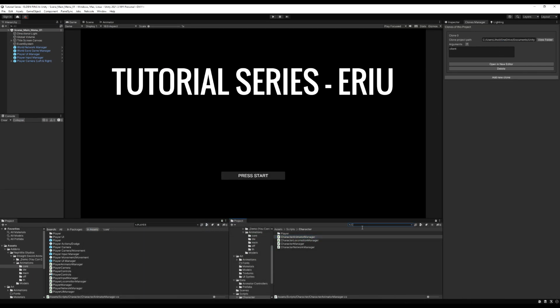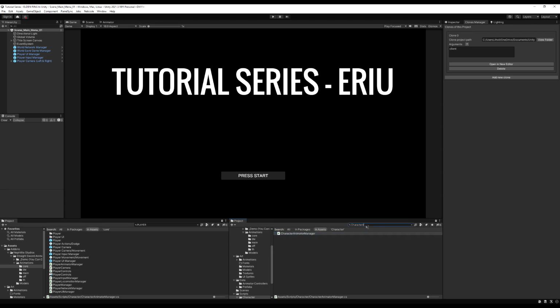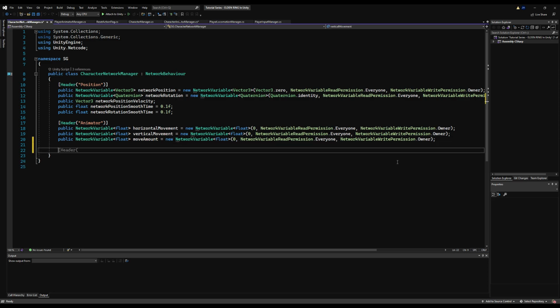Now every game object has a client ID if it's a player object, and all of your client IDs are unique to your client that is connected. Since the server is also a client himself, he also has his own client ID. So what we want to do is make a thing called a server RPC, and I strongly encourage you to read the documentation. I will link it below on server RPC and client RPC. Seriously, give it a read. If you're not familiar with it, do not move on from this video until you understand what these things do.